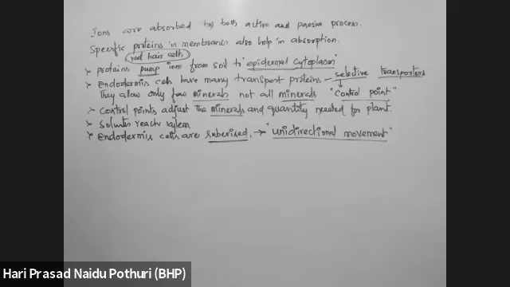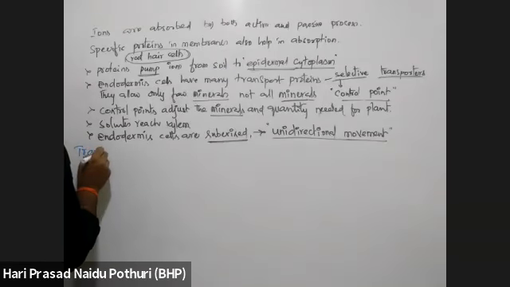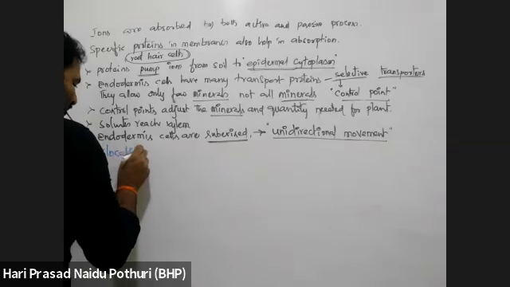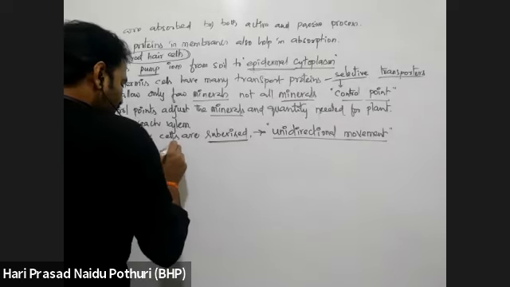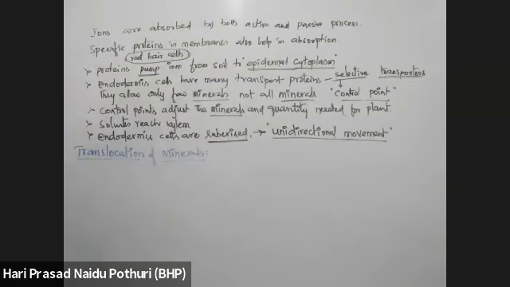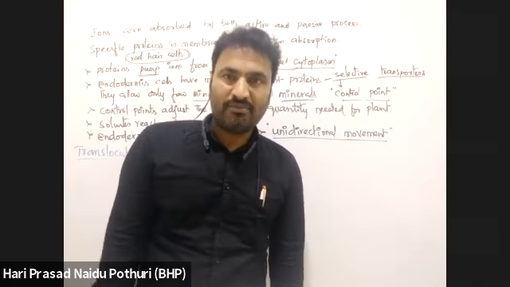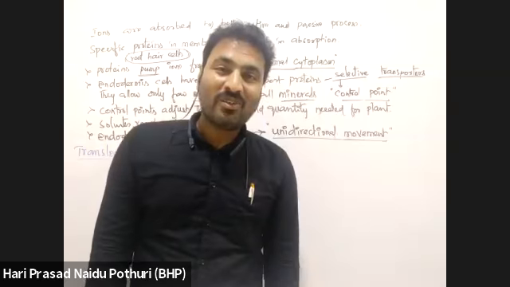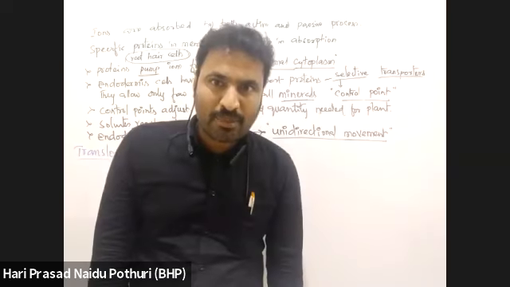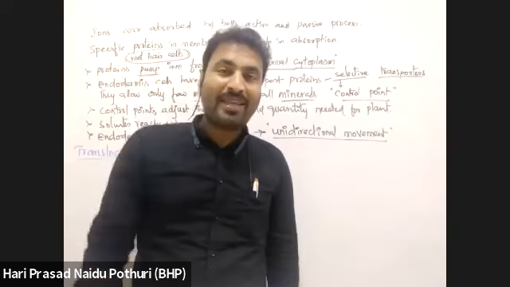Okay, this is the uptake of minerals into the roots. Then the translocation of minerals. What I told you, long distance transport is called translocation. In the beginning of the lesson I told you. A suberized cell wall is impermeable, so how are minerals crossing? But there are passage cells, right? They have membrane carrier proteins.